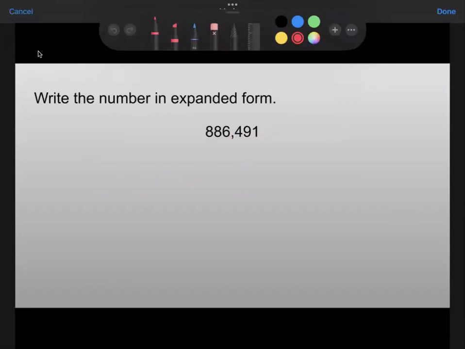Now here is my next one. This is a little bit of a challenge because we have to take this number and write it in expanded form. Okay, so we're going backwards now. So I'm going to start by writing out the value of each digit. So let's start with the largest digit we have, which is the 8, right here, this 8 in the hundred